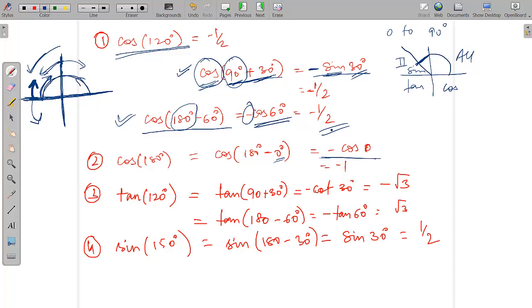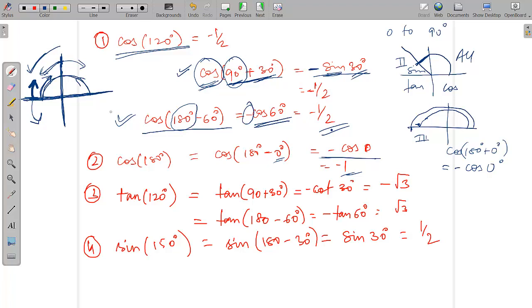0 is not actually in the second quadrant, it is on the line, but we will again assume it like that. So this is 180 degrees minus 0. Let's say it comes somewhere here. So here anyways cos is negative, so it will have a negative sign. You could have taken it like this also: cos of 180 degrees plus 0 degrees. Which quadrant does it come in? 180 degrees plus 0 degrees, you can extend it a little bit, plus something. So this is in the third quadrant. Again in the third quadrant also cos is negative, so it is again minus cos 0, so it becomes minus 1. Okay, so similarly the other values you can find.